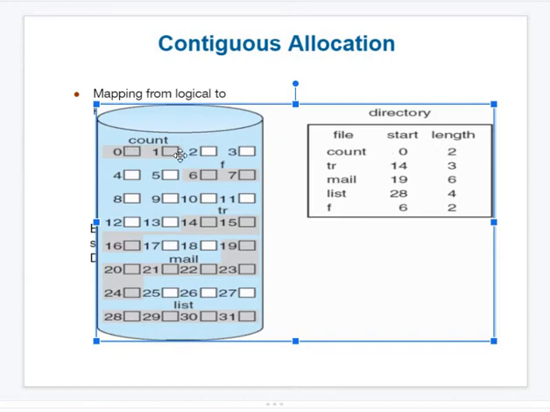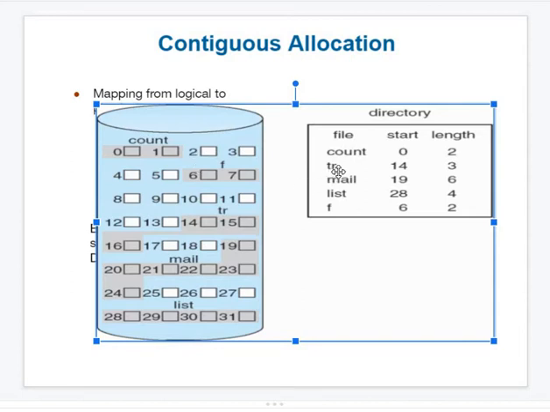This is a block. You can see there is a file name called count whose starting address is 0. You can see the starting address is 0 here. How many blocks of memory is it requesting? 2. You can see here the length is 2. So if I start at 0th, one more is first, so 0th and first together will give us 2 length for the count file. If you open anything here, it is related to the count file contents. I repeat, count file contents.